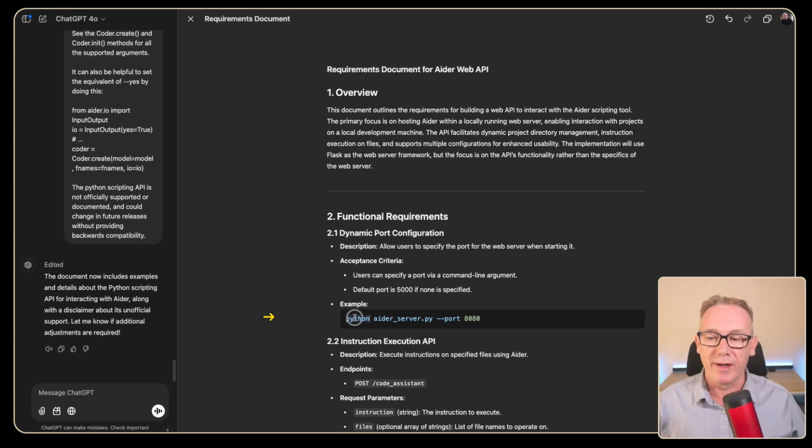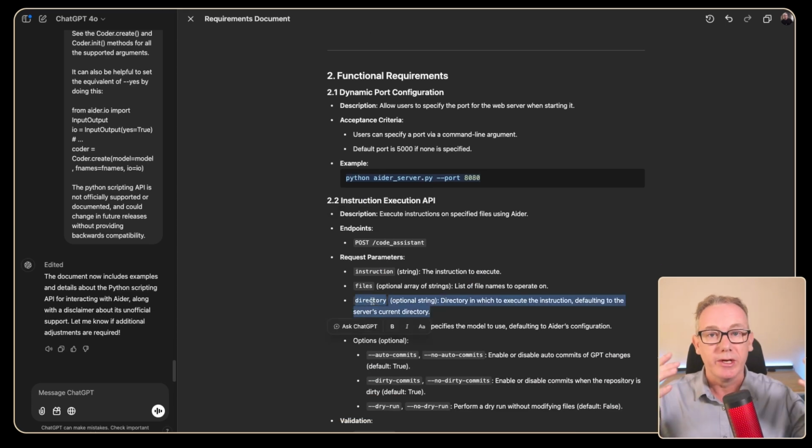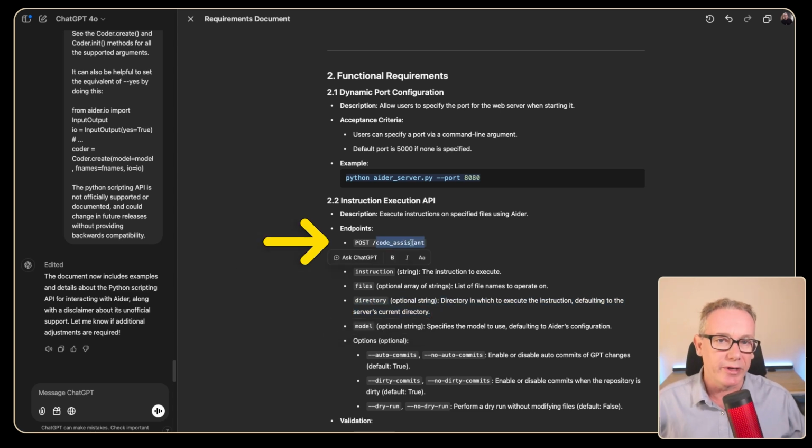Would we run the application from two different repos just with different port numbers? That's one option. The other option is, can we change the directory inside of the application? Now I'm not sure how effective that'll be with environments and stuff like that, so I've given myself leeway to go in either direction. But the primary idea is that we have a code assistant endpoint and it takes an